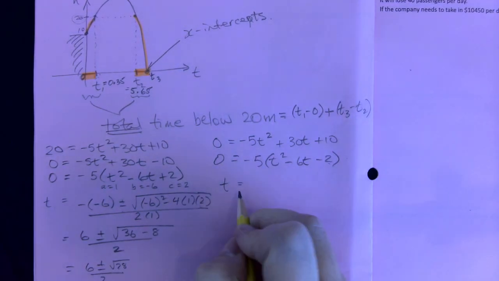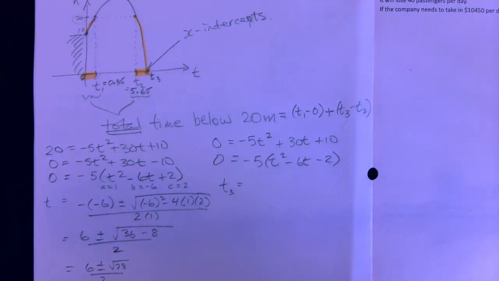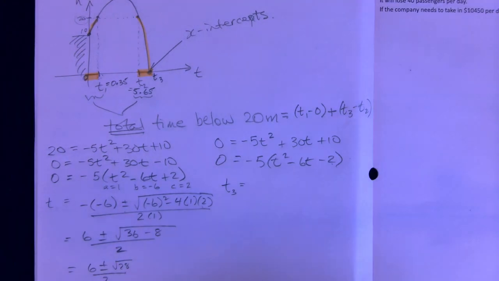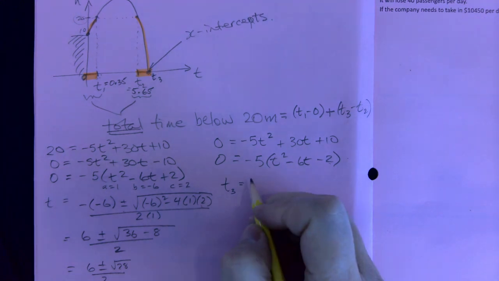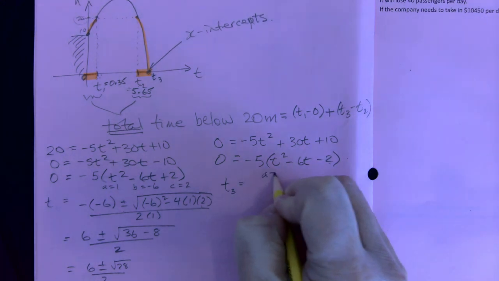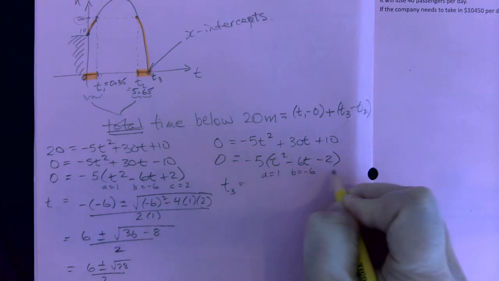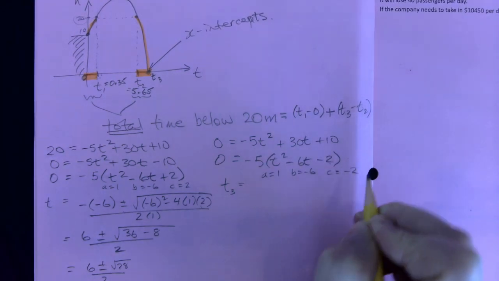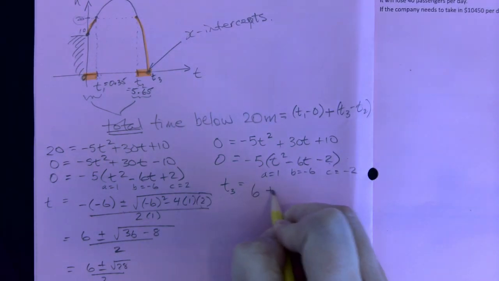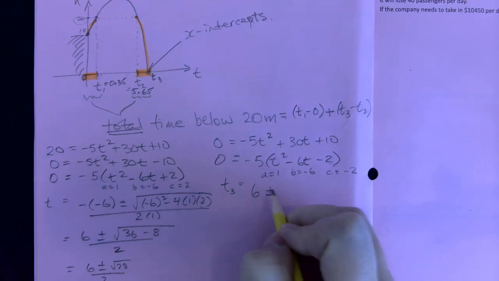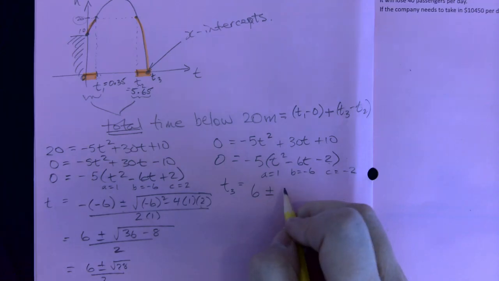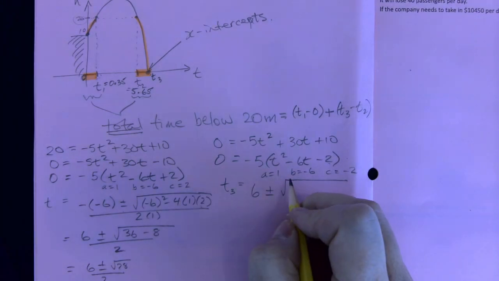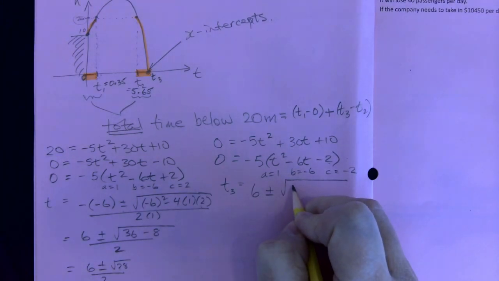Now, doing this is getting me T3, so I'm going to label it as T3 starting right now. Okay, my A is 1, my B is -6, my C is -2. Again, we're doing -6. I already showed that over here. And here we're getting B squared